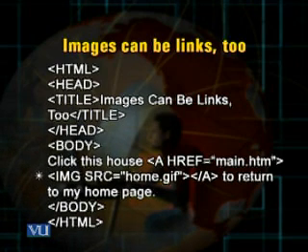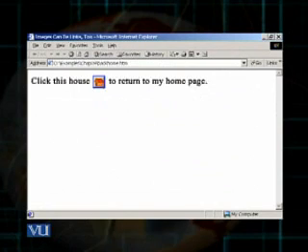And then before closing the anchor tag, I use the image tag, as you can see. And in the image tag, src equals home.gif. This is the file name, the name of that image, the image of the house. Then I close the anchor tag and then the further text, to return to my home page, body closed, HTML closed. You just saw the result that it would display the picture of a house, and that house would be clickable.